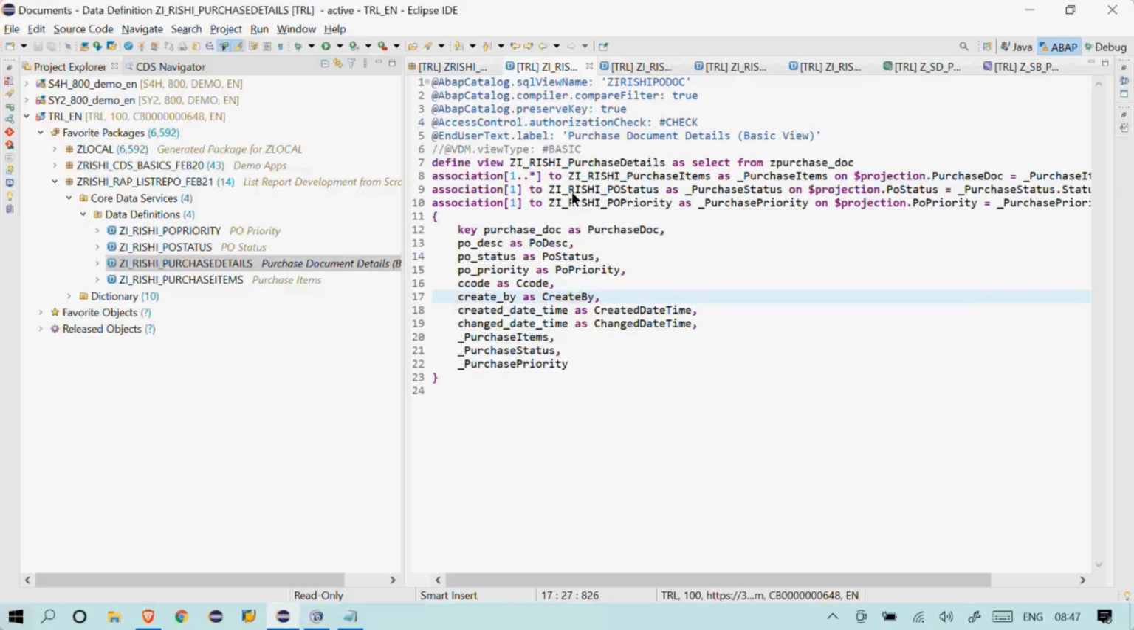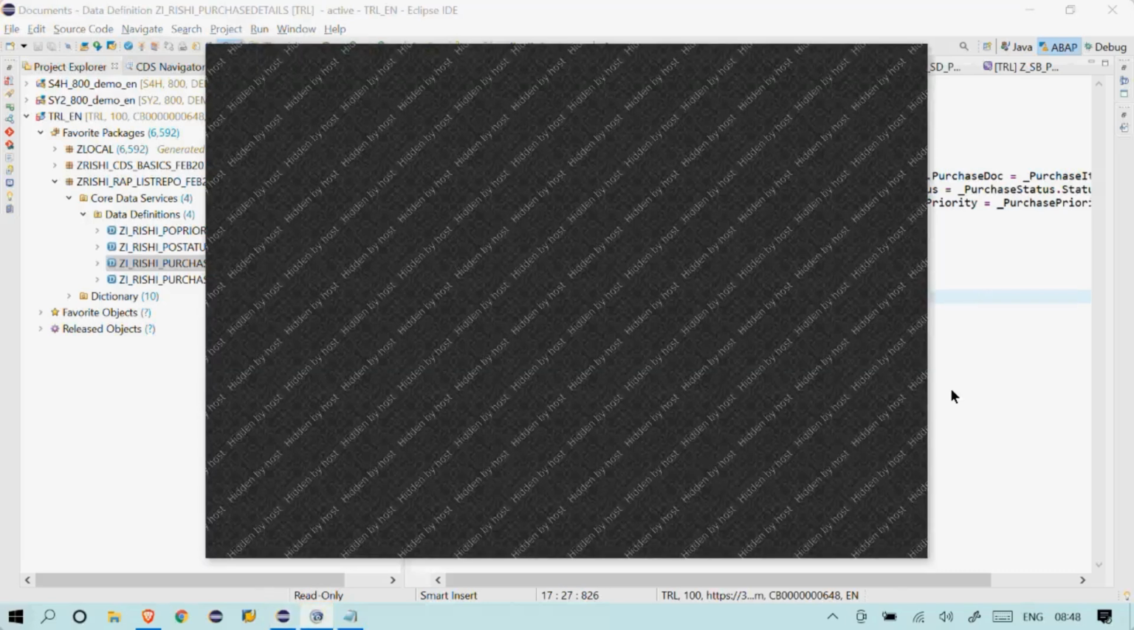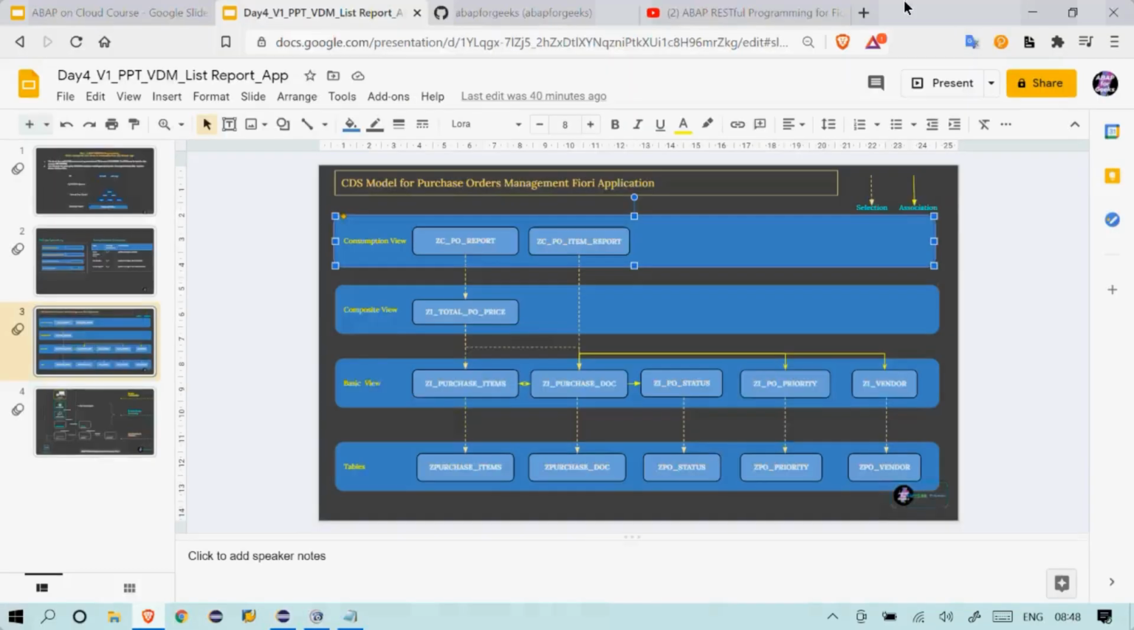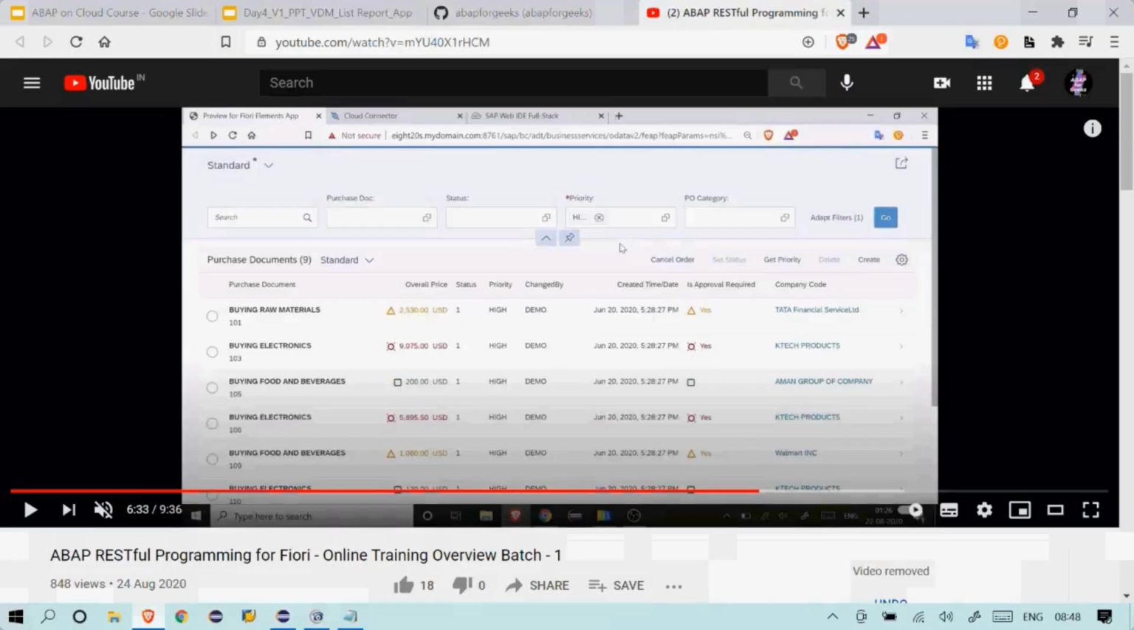Okay, so I have exposed this association, also priority, PO priority, and exposed this one as well. So I want to add more information to each field by specifying the annotations as well, not just associations. So if I look at this application, the purchase document description is coming